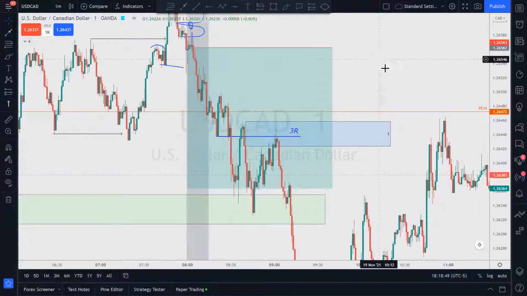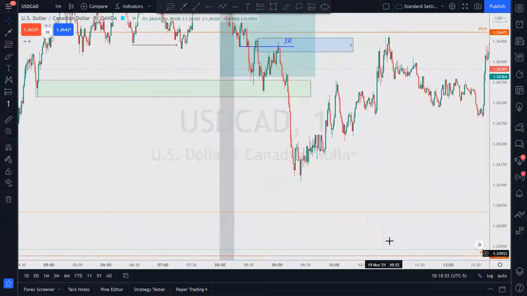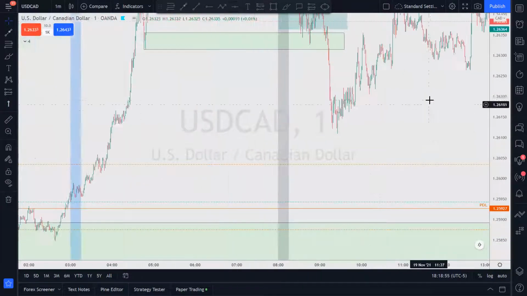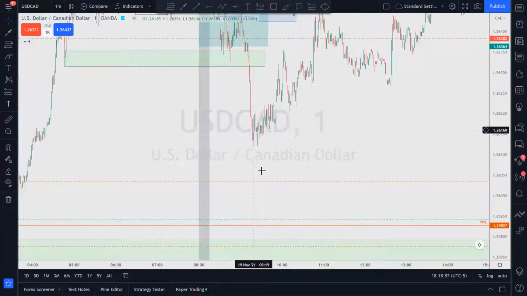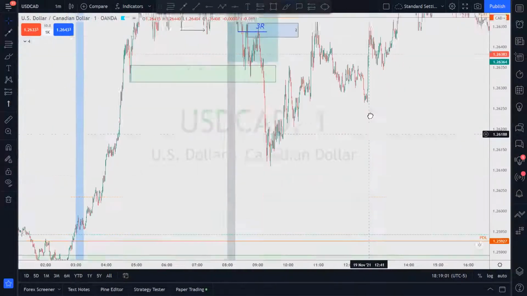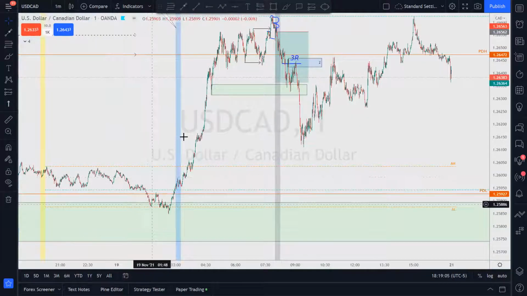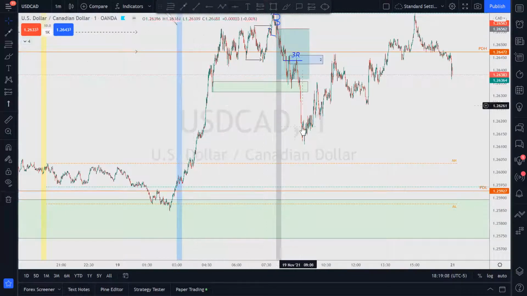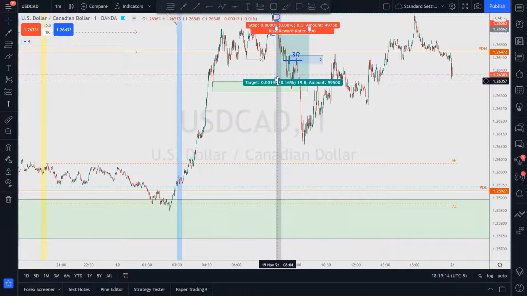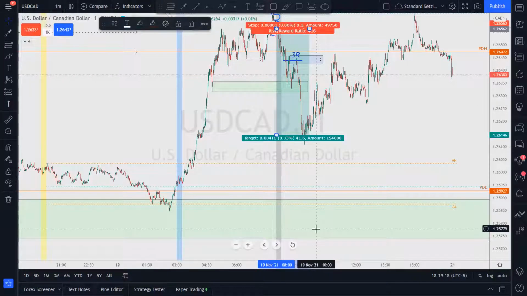I was thinking that we would end up at the previous daily low, and we almost went down to the session low, the Asia high. I mean, this was quite an impulsive move, and I knew there was going to be a retracement. Didn't know how far. Looking here, I didn't plan it all out that way. Once I got to 3R, I locked in everything. You know what I mean?